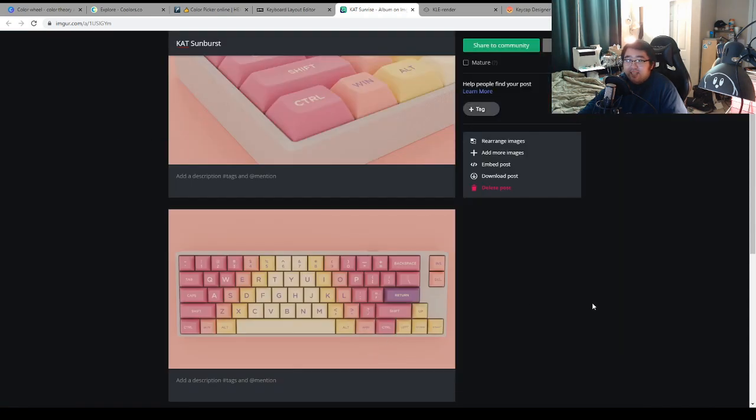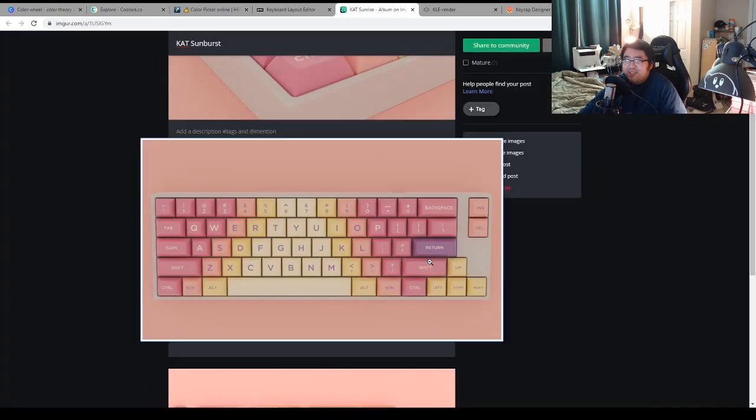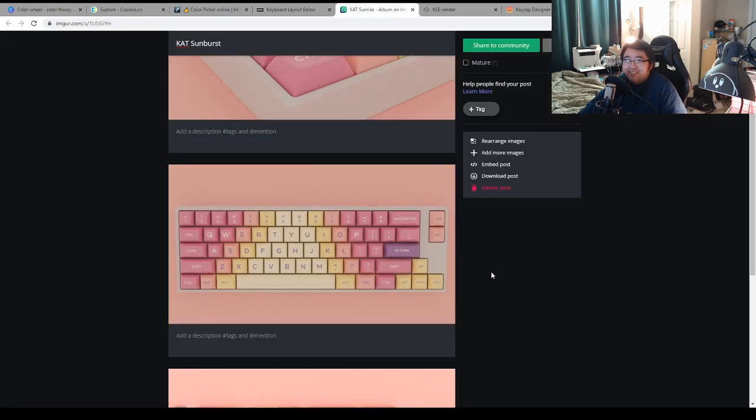It's because I want to see a set that hasn't been seen before, right? And I feel like this is unique enough to be something new and really inspire future keycap designers to push the envelope and be innovative in their designs. So that's how this came together here. But anyways, the set's got a long way to go. But if this is something that you might be interested in, feel free to comment below and let me know